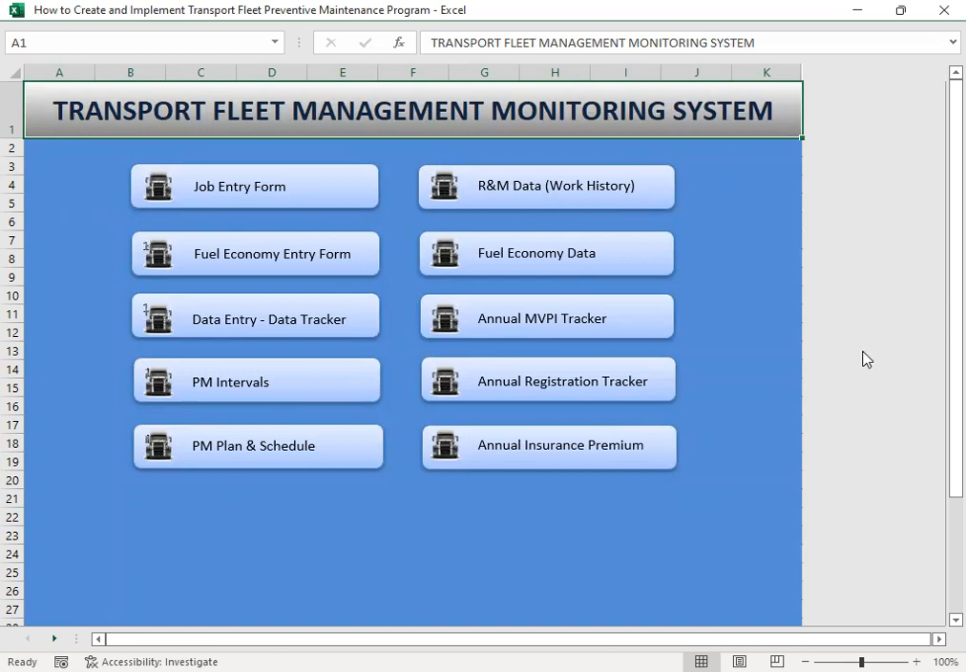The rest of the other items here in the transport fleet management monitoring system, I'm going to explain in the next video because we are having a long video this time. So I'm going to explain it in the next video. I'm going to cover the fuel economy. Perhaps I'm going to be able to cover the government requirements in terms of the motor vehicle periodic inspection tracker,